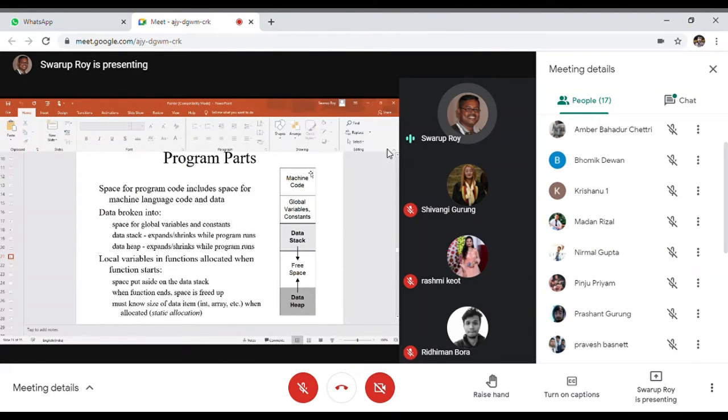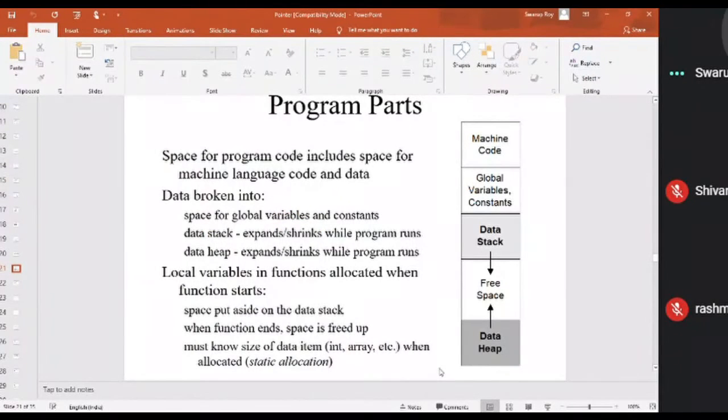In memory, when you run any program, some space is required to run the executable code that you have already compiled. Then some space is required for the different variables, and there are some data stacks where you are going to store the different data. Whenever you require any space, it is always taken from a pool of free space.